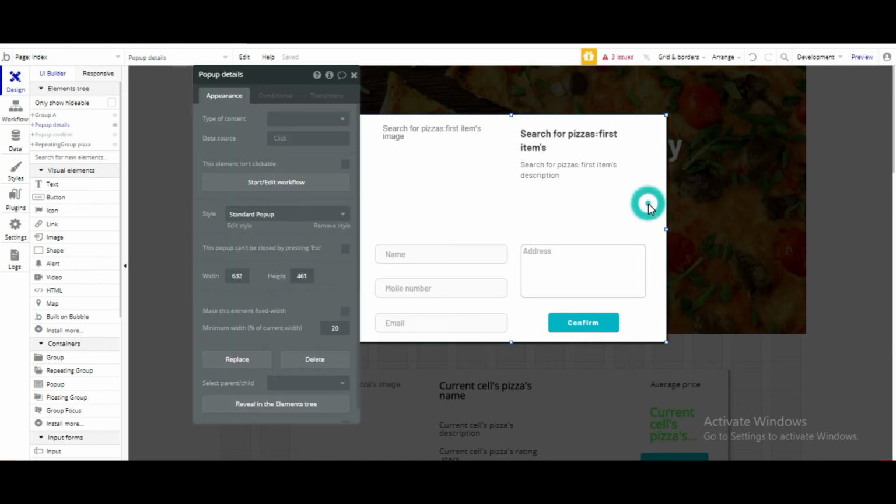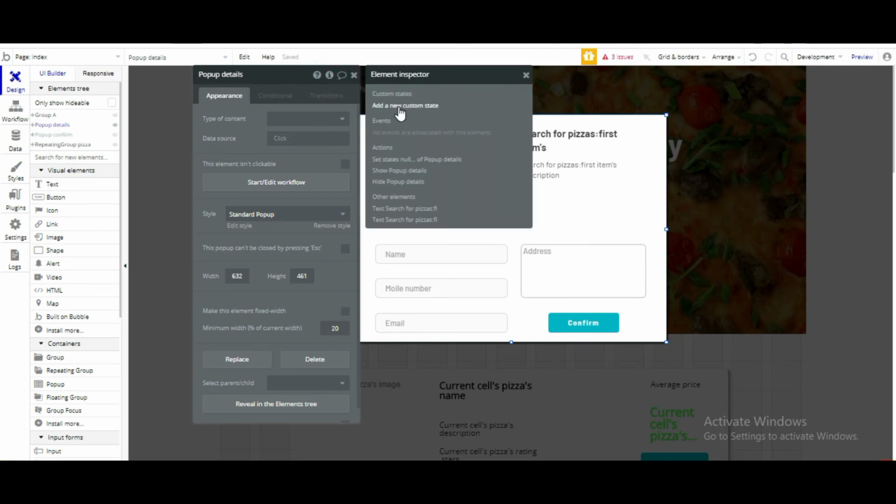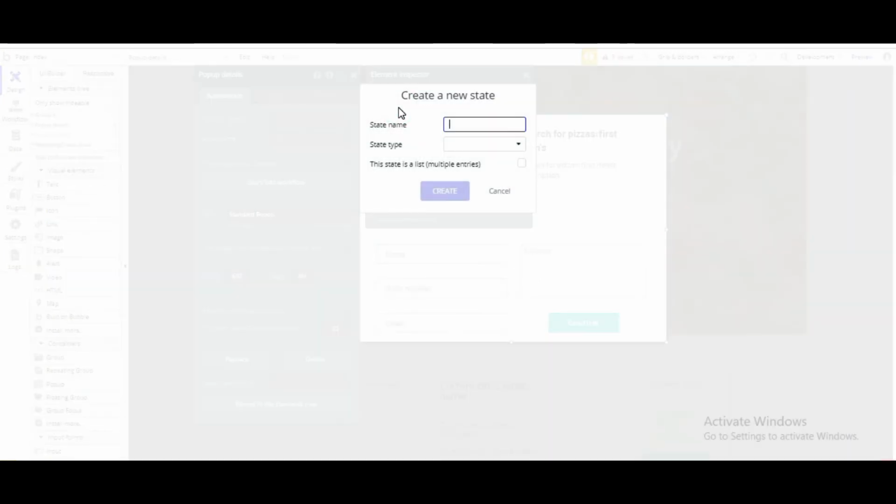So click on this pop-up details, click on this eye icon here. We can add a new custom state. The state name we can just write ID. By doing this, we are defining each pizza entry a unique ID. If this pizza is selected, then this is its ID and then this will show. So like this, things will work.